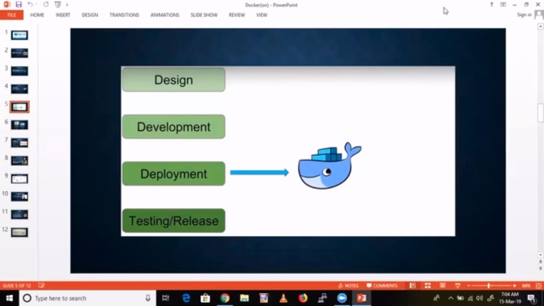Can this be implemented on cloud also, or only on a standalone machine? No, we can implement it in the cloud. We have virtual machines as well as physical standalone bare metal. Everywhere you can do it. That we are going to see. We are going to install it on cloud machines soon.